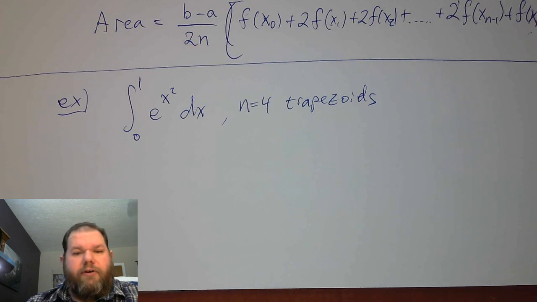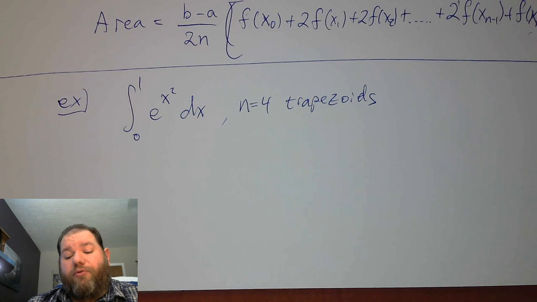E to the x squared is one of our classic examples that we like to use for that. Because for one thing, it's not something we can integrate by hand, but for another thing, it's actually an important integral in other applications. It turns out to be important in statistical applications for various reasons. Anyway,